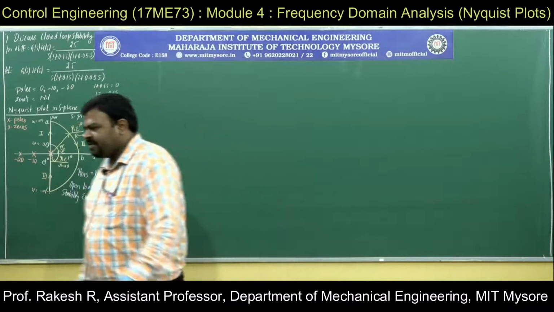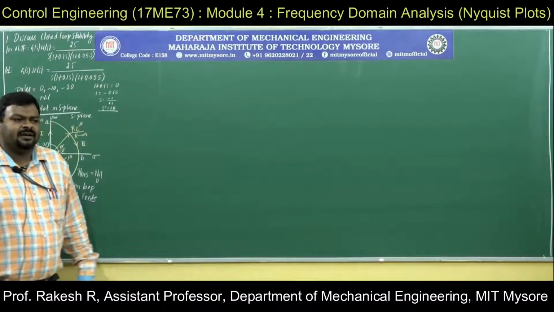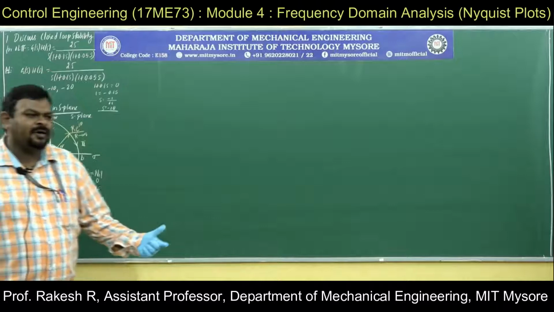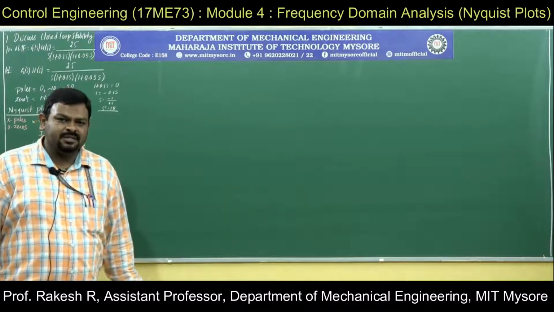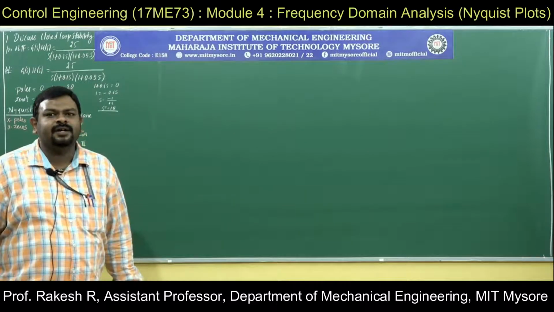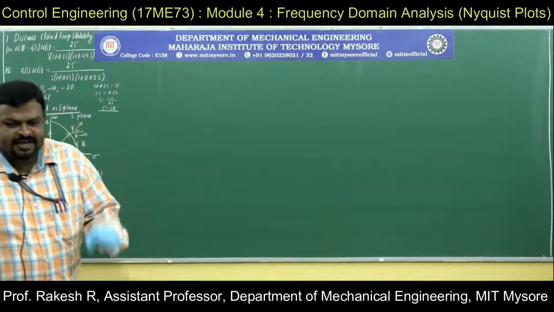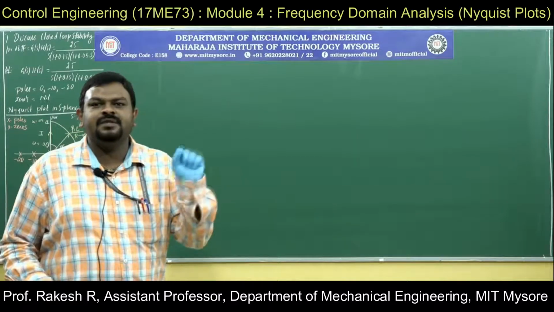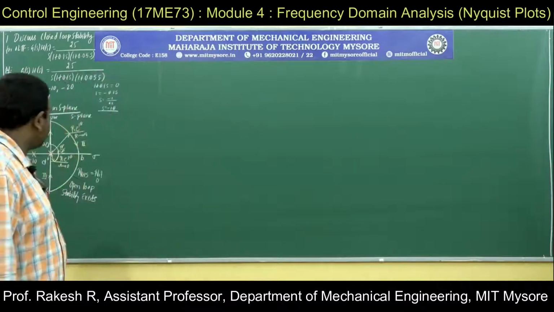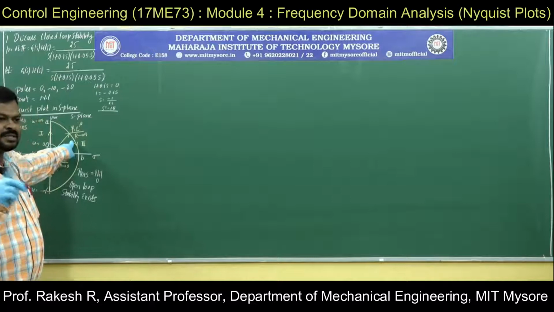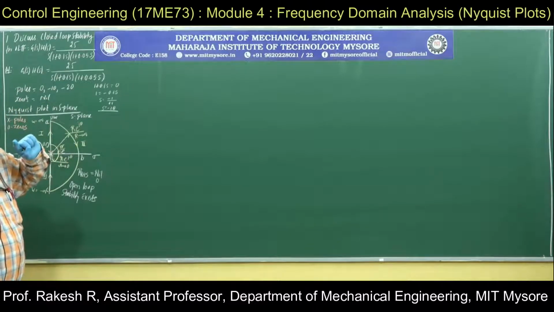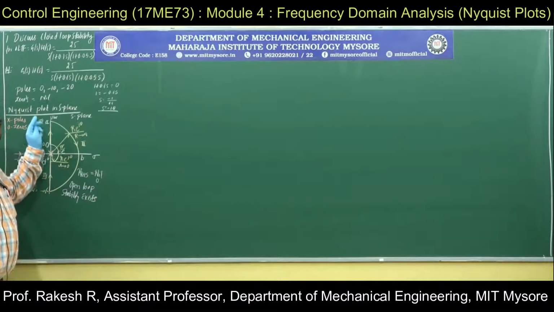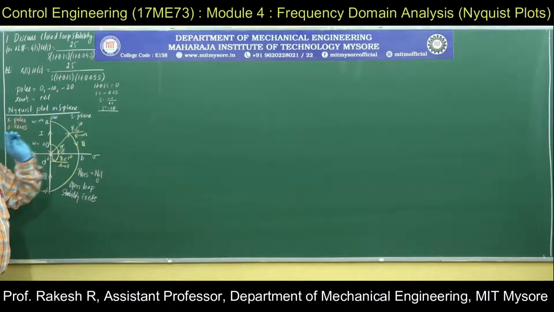It will be continued. In order to write the closed loop stability, I want the point minus 1 plus j0. I have to locate the critical point. In order to locate the critical point, I need to have a plot, the Nyquist plot in the G of S, H of S plane. So there are only 2 cases. Out of 2 cases, any one case will exist here. So basically what I am doing is searching the entire right half of the S plane, that's all.